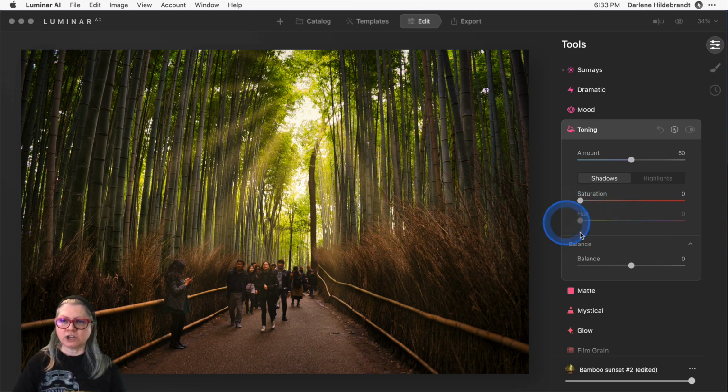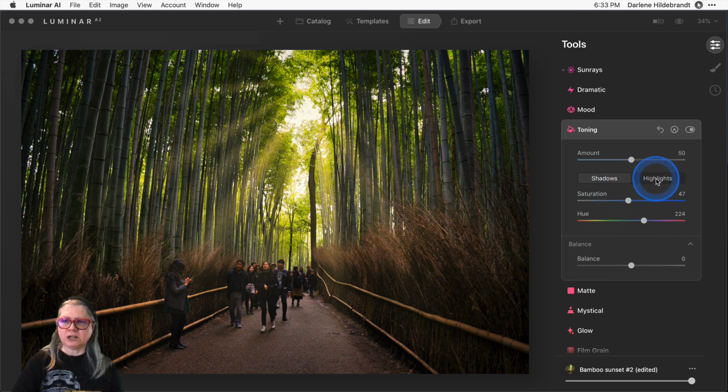So you can't change the color until you apply some saturation. So I usually dial the saturation up high again, and then pick the color that I want. So I know that I want something up in this blue spectrum because I want the shadows to appear cooler, right? Then I'm going to drag the saturation down a little bit.